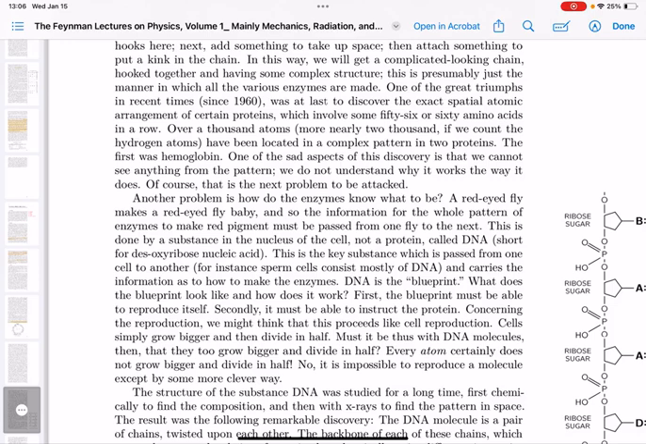One of the great triumphs in recent times, since 1960, was at last to discover the exact spatial atomic arrangement of certain proteins, which involve some 56 or 60 amino acids in a row. Over a thousand atoms, more nearly 2,000 if we count the hydrogen atoms, have been located in a complex pattern in two proteins. The first was hemoglobin,